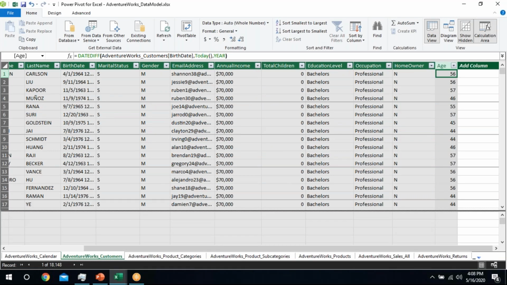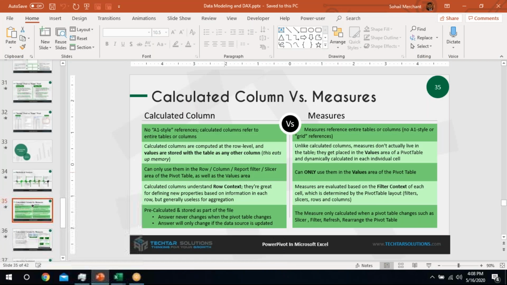You see that I wrote a formula in a single cell and this applies to the whole table. So that means Power Pivot does not allow you to use A1 style references, just like in the Microsoft Excel environment where we have to freeze, using F4, absolute referencing or relative referencing.